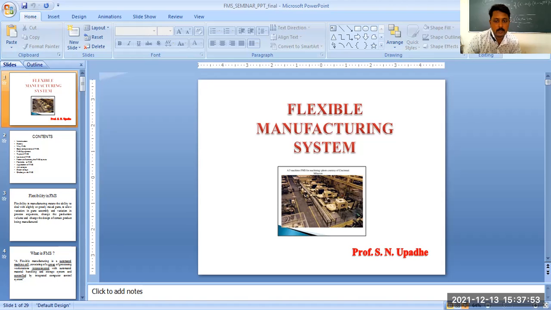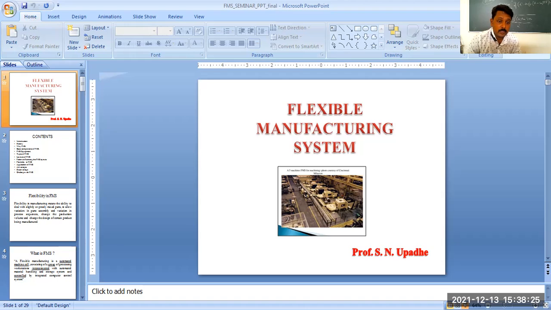It is expensive because robotics and AGVs and all these things are there. Then very substantial pre-planning activities are needed because it is a logic-based system. You have to program the CNC machine, you have to program the AGVs, you have to program all these things. And suppose you have not programmed it clearly or correctly, then there will be issues. So very substantial pre-planning activities are to be done.